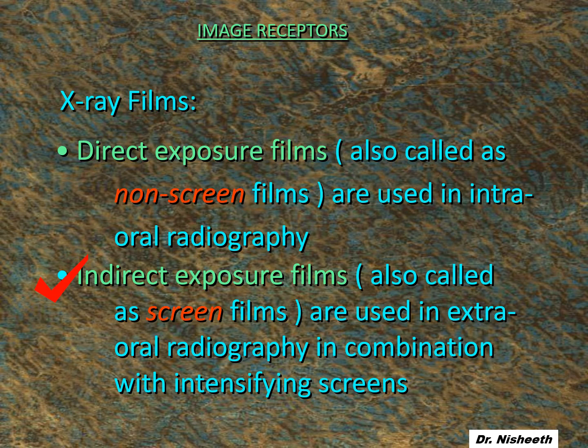Then based on the size, the X-ray films are classified into 0, 1, 2, 3 and 4 size films. The 0 film is used for pedodontia. The 2A film is for the anterior teeth, which is rarely used. Most of the time people use number 2 film. The size 2 film is commonly used for adult posterior and bitewing radiographs. Sometimes for bitewing radiographs, size 3 film is used, or size 4, the occlusal films, are used for occlusal radiographs.